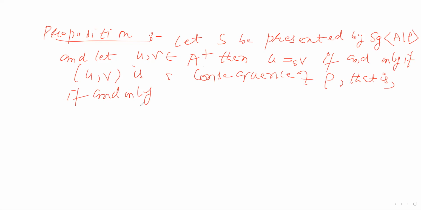So there is a sequence of elementary row transitions